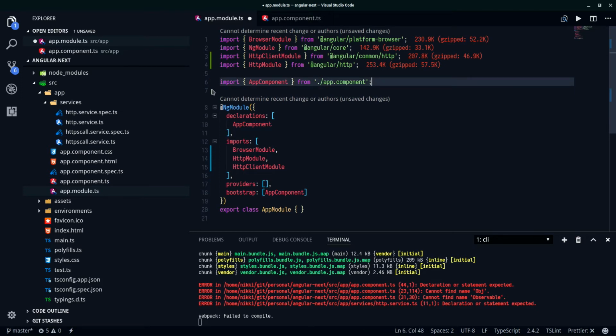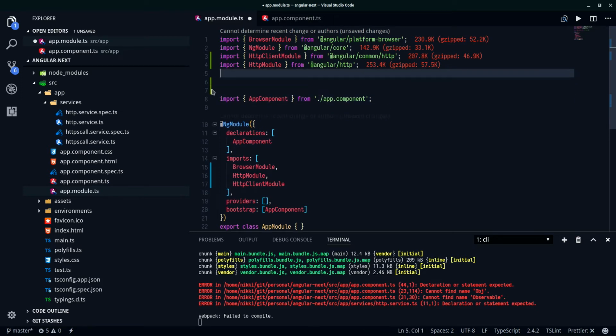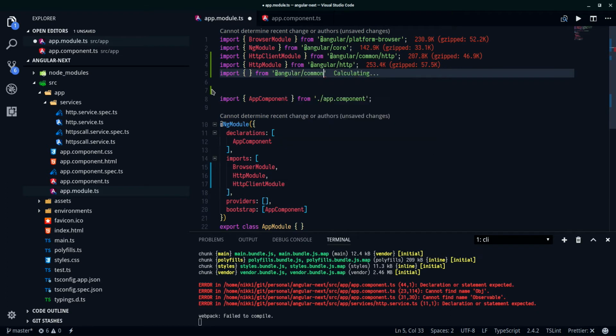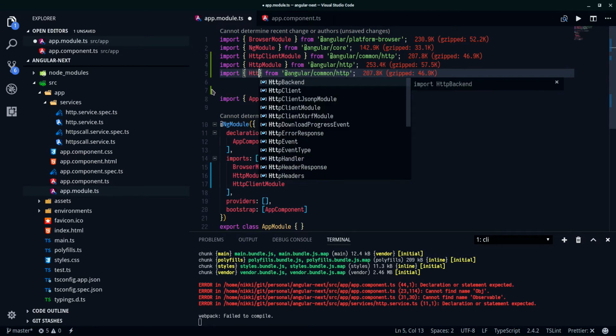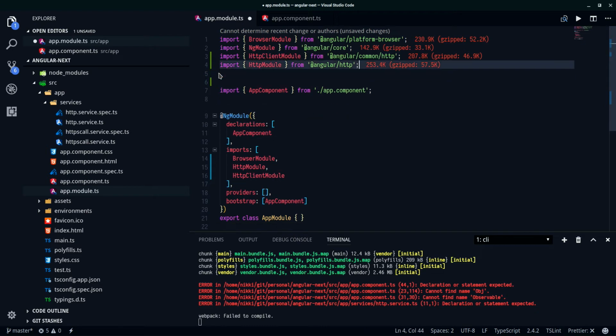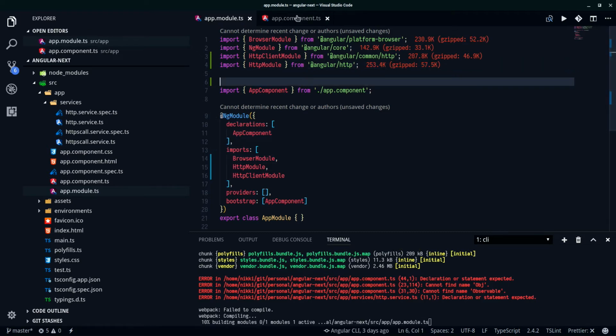It's because we're importing a bunch of stuff here, and we're also not importing the HTTP service in the app modules. So now we need to add an import from Angular common HTTP and import the module here. So we import HTTP client module. Now notice, there's a key. Oh, I actually have it there. Ooh, I'm smart. But notice the difference. In app.modules, we import modules themselves. In components, we actually import the functions. So this is the actual key difference here, helping you to maintain your code.